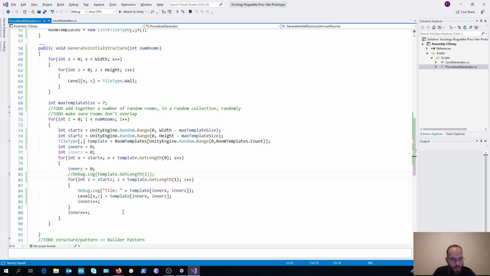We seem to not be getting into this for loop, which is obviously a problem for us, because that is where we actually get the values that we need from the template.